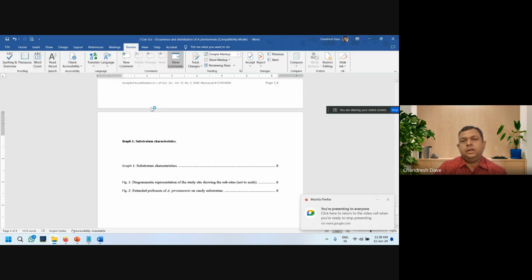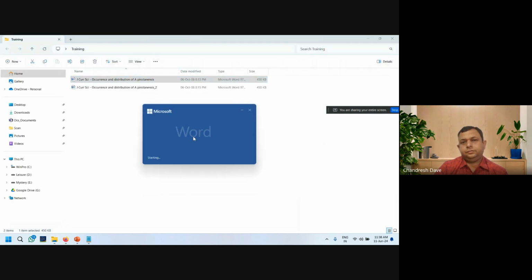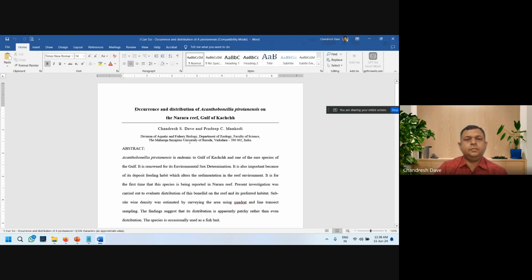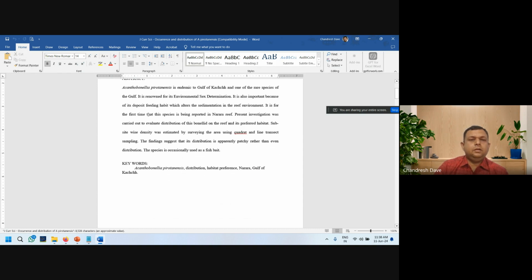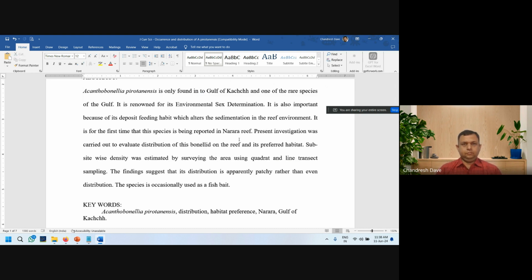So let me go to the track changes feature. Now this is some text, right? Here, instead of endemic, I would like to use "is only found in Gulf of Kutch."